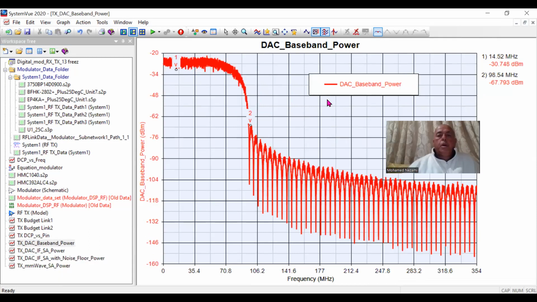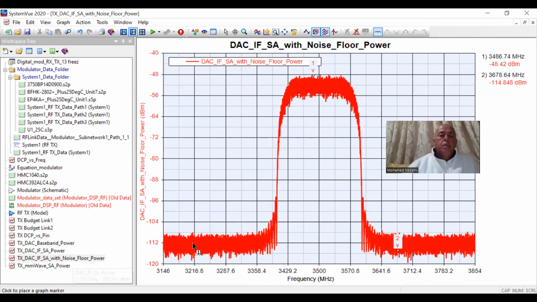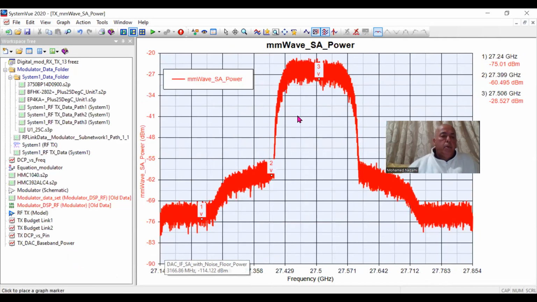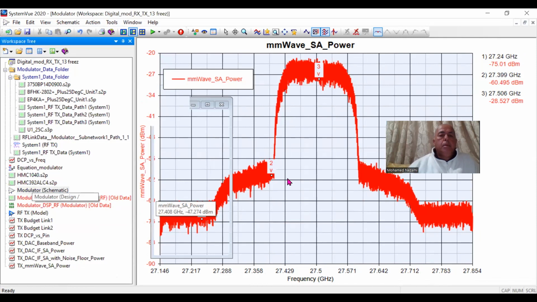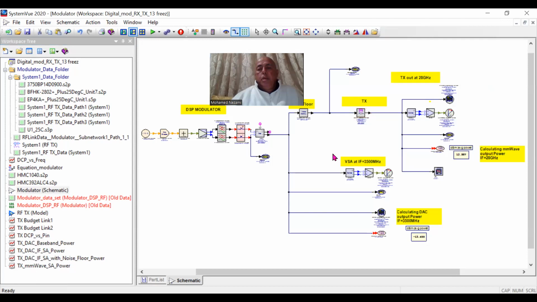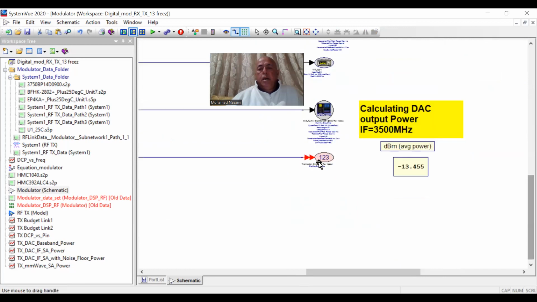So this is the baseband signal right now. And then, of course, this is the IF signal dumped to the files, this is the IF with the noise spectral density, and this is the PA. Now, if you look at the system in here, what I do is I measure the power at these points. You can see that I measure the power in here. And I have a sink that grabs the signal file. And then what it does, it computes